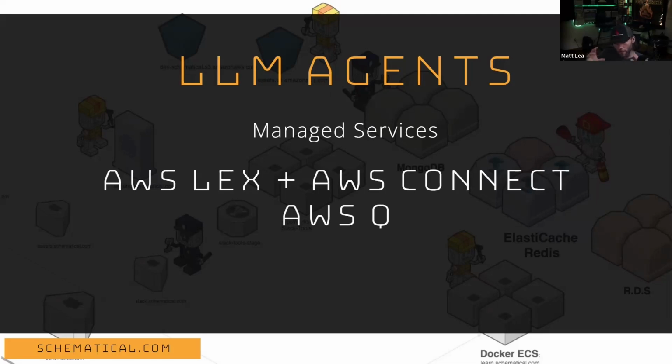AWS Q is a much more robust business insight tool. It's like how you wouldn't give your users access to your data lake, your business insight tool, because they could run some expensive queries there. The same is the difference here. AWS Lex is the public facing type thing where you let everybody interact with it and it can only do specific things. AWS Q is capable of doing much more. It is a phenomenal business LLM. It can fall off the rails just like anything else, but it's basically deep search. If you've ever done deep research with Gemini or any of those,